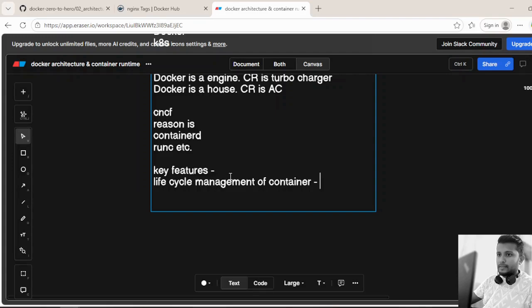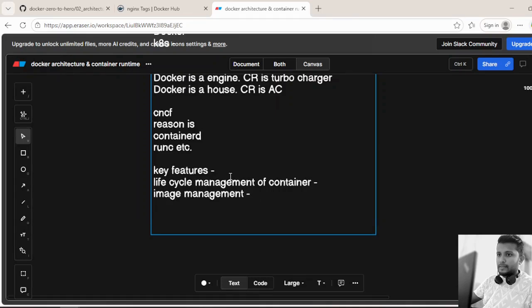Whatever is required to create the container, to execute, to monitor, to manage, everything is done or maintained by the container runtime. And it also does image management, like pulling and pushing Docker images from the Docker registry, and